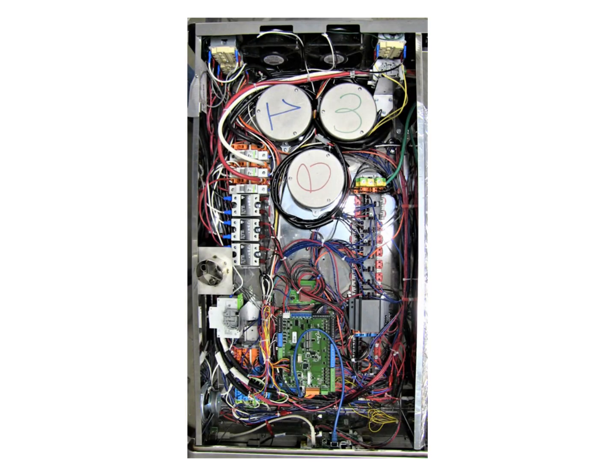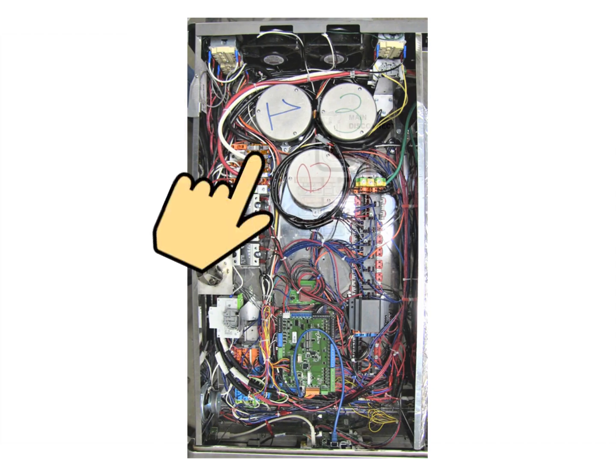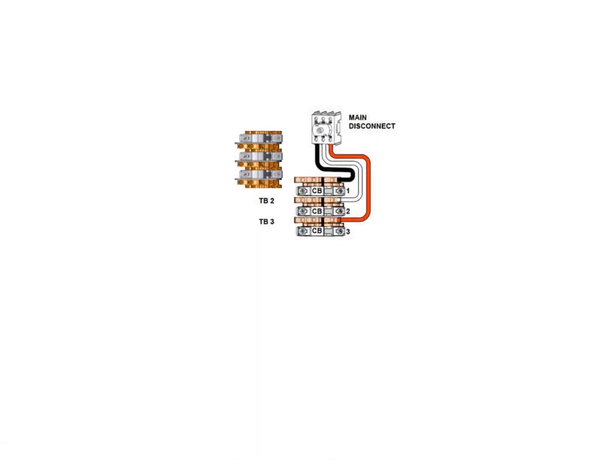Electrical power comes into the oven at the disconnect switch, located in the back right corner of the electrical chassis. The load side of the disconnect switch is connected to the terminal blocks mounted on the DIN rail at the left side of the electrical chassis. Each of these terminal blocks, identified as TB1, TB2, and TB3, consist of two different sized blocks jumpered together to